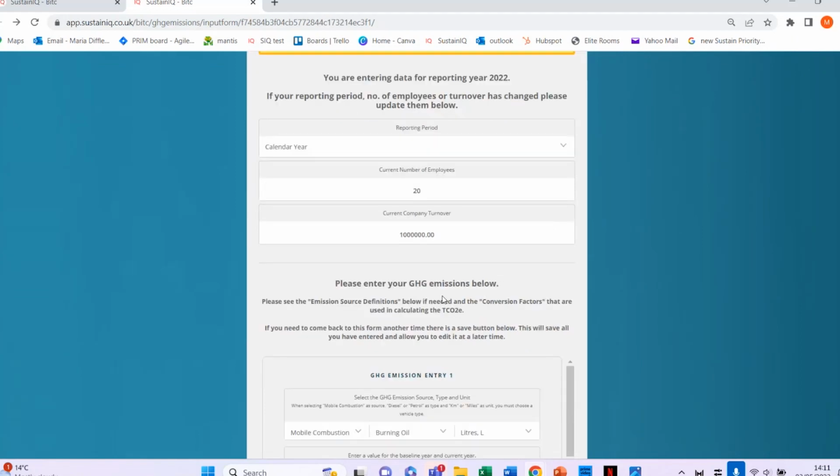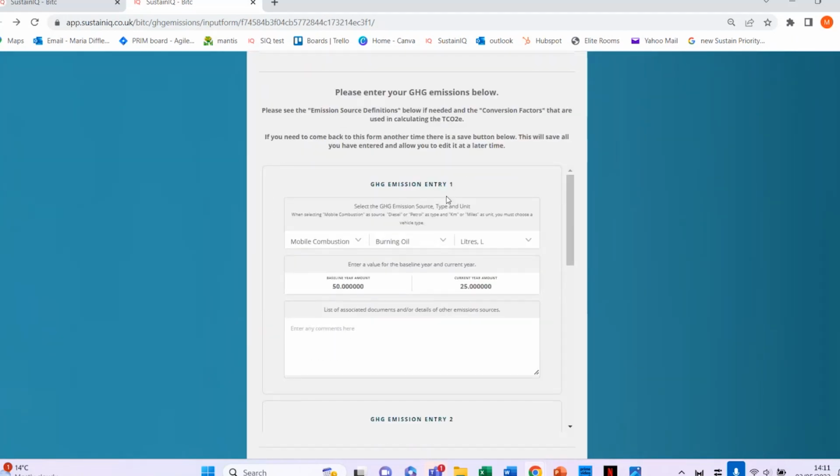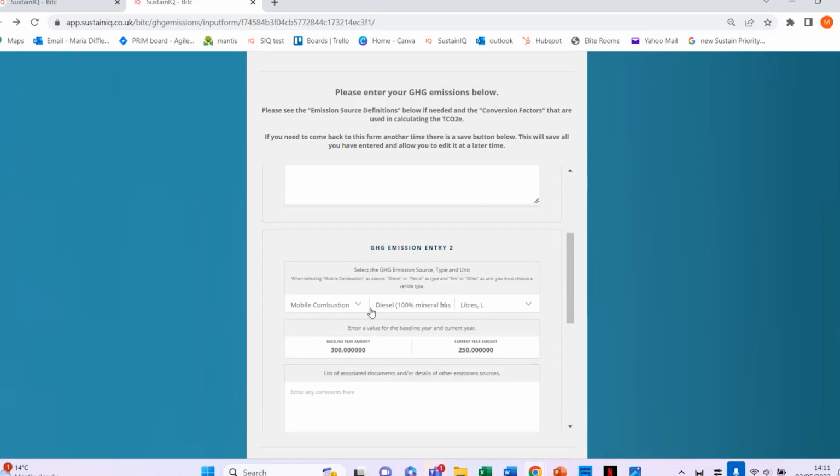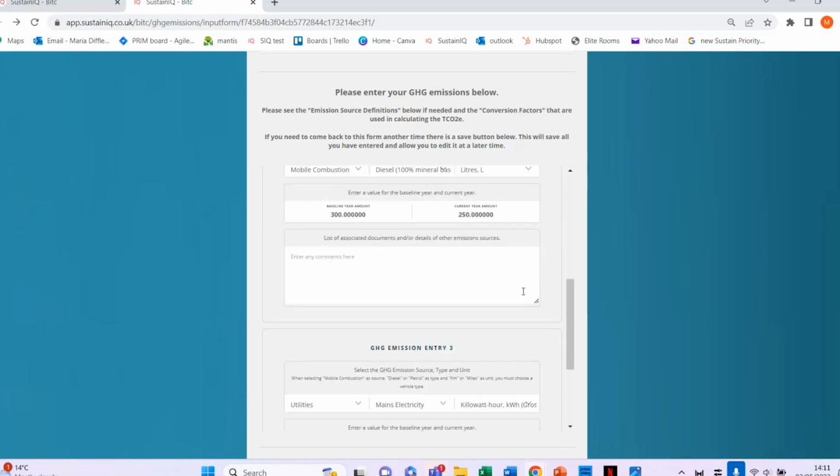So again, as you go down here, you'll see this is the area where you add your emissions entries. You're going to add each emission source singly. So for instance, this particular one, mobile combustion, burning oil, I've put it in litres, and I've got my baseline year, and then I've got my current year as well. Okay. The second one I put in mobile combustion, again, diesel and litres, but you can enter any number of